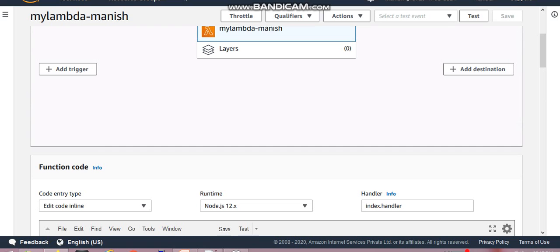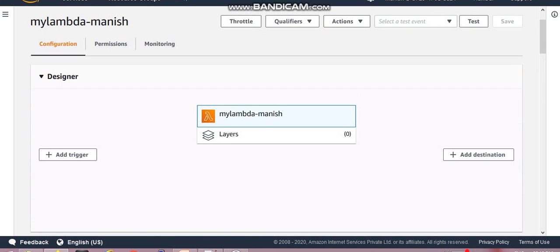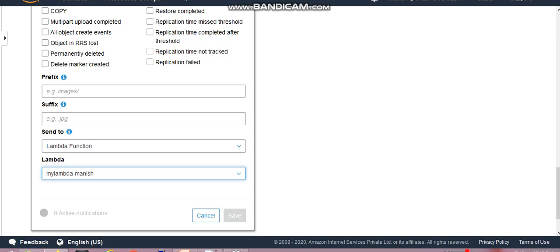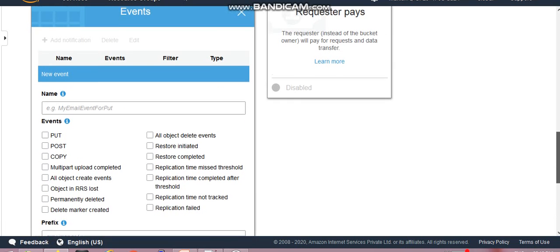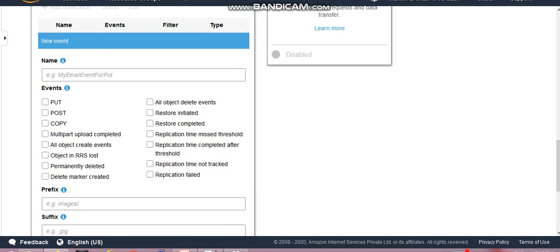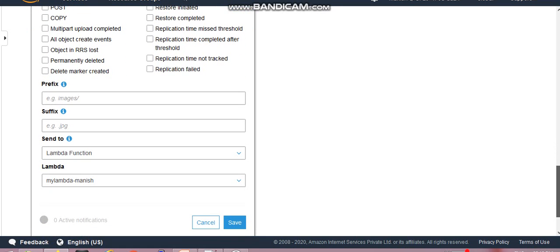After saving the function, we have created our lambda function. Now we go to the S3 bucket, where we left off. In event you have to select the event type put, because we are just uploading a document.